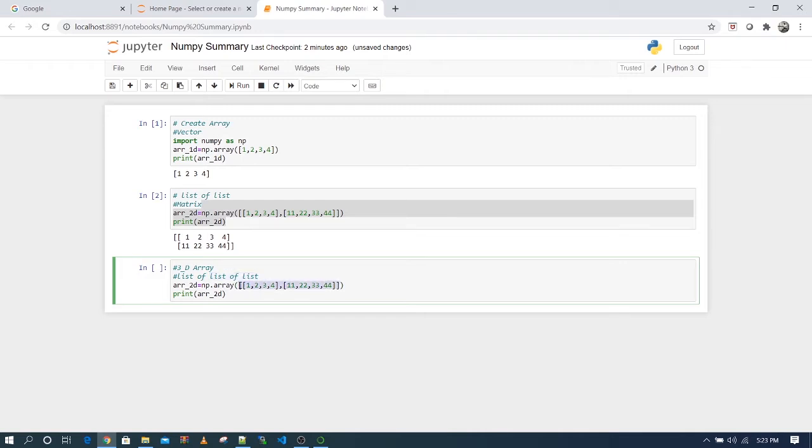So I have to make multiple lists of this kind and then put them in a single list. Let me copy this and put it like this, and then I make a square bracket on the right side and on the left side. So I have this list. A list whose elements are lists of lists is known as a 3D array. So let me print this 3D.